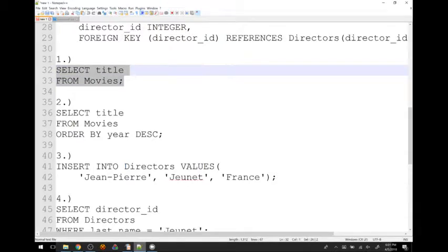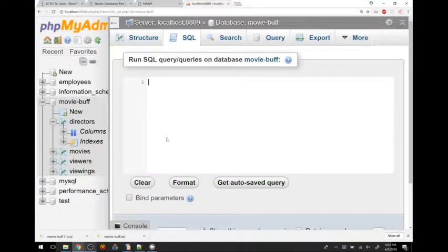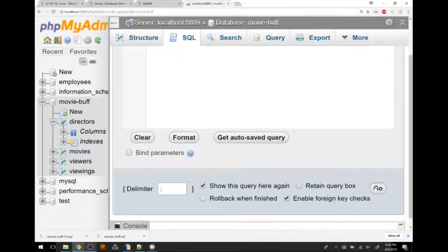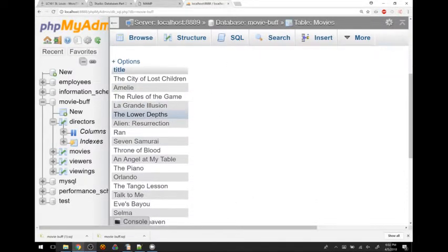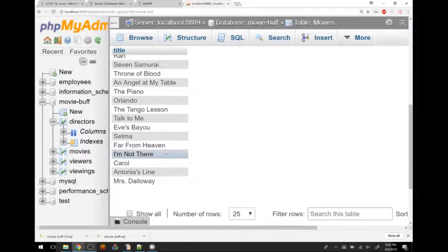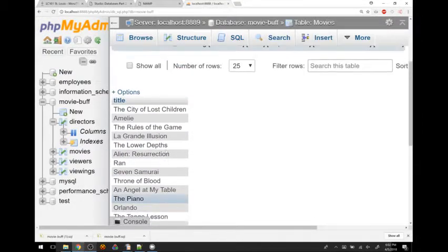You can either copy paste it or type it in, whichever you prefer. But you know, if I pull this in, I know it's a little hard for you all to see maybe on the projector. It actually highlighted this in purple for me, so it recognizes that word, just like we see in Visual Studio Code. So it recognizes those words. And then, you know, type in the query and then come down here and hit go. And hopefully everything works. Hey, look, there it is. The titles of all the movies in my database. That's nice. There it is.